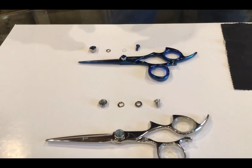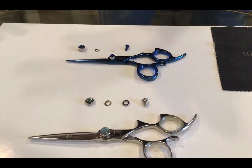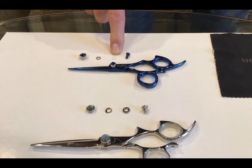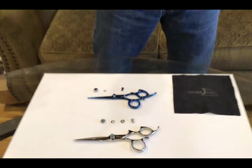Now, our older systems, all of our new shears now, even our Pro and Pro Plus line, are coming with ball bearing systems, but depending on when you're purchasing from us, you may have the same thing, which is the adjustment knob, the click plate, but now you notice there's no ball bearing system. It's a nylon washer and the screw. So let me show you guys how easy it is to take a shear apart and how to put it